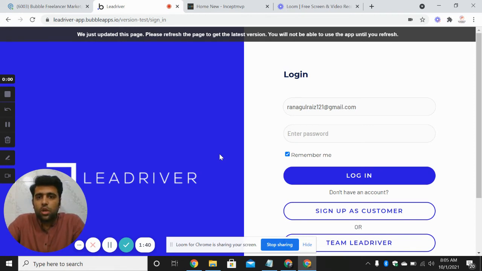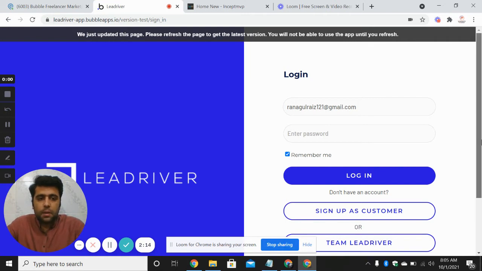So in this role they can come on website, they can see all the freelancers, they can approve or reject the profiles of Lead River team members. You can call them freelancers or you can call them team members. So this is how the application looks like. I will be logging into the application with different roles. Okay, so the proper role management is done into this application.